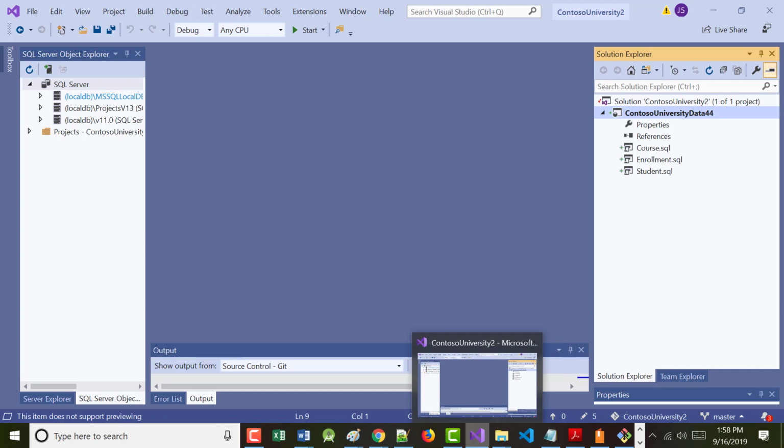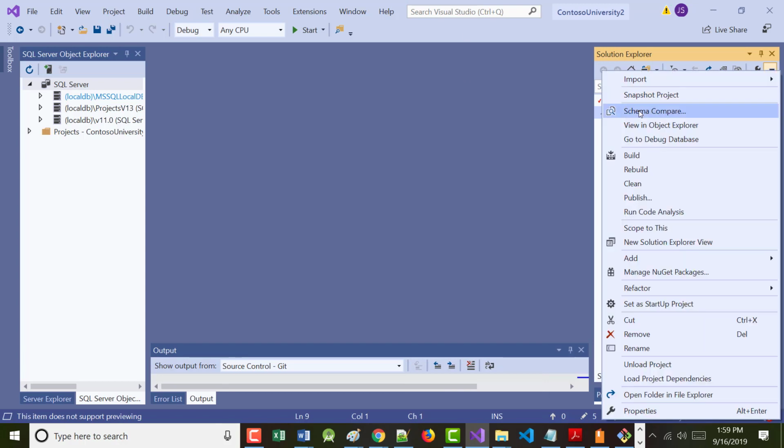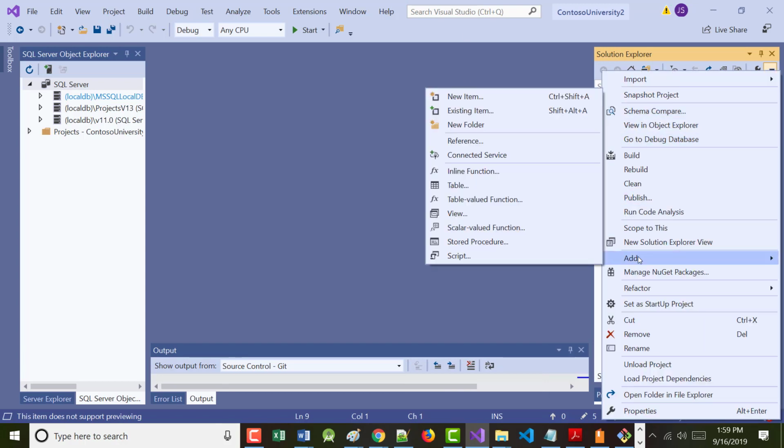All right? The way the author recommends that you do this is to next come in here, right mouse click on our project, our ContosoUniversity data project, choose add, choose new item. Not table, but new item.